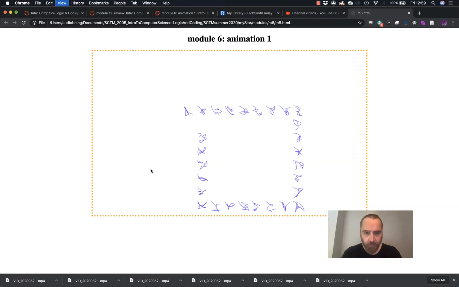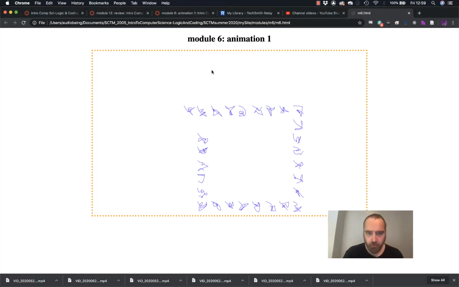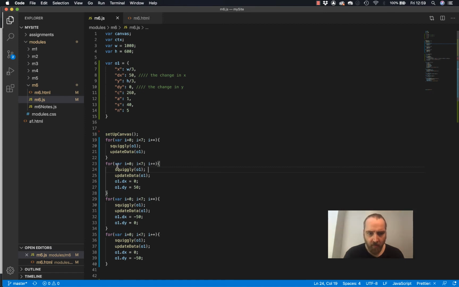Okay, so let's look at what's going on here. So we draw our 7: 1, 2, 3, 4, 5, 6, 7, right? Then we have these, right? We seem to have 2 more. But if you think about what we're doing here, we're not updating until we've already drawn our first